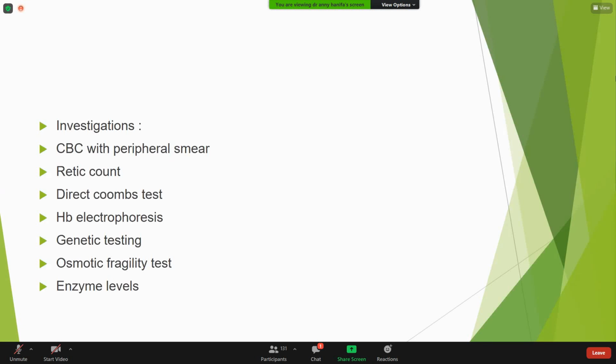Like, for example, if a patient is presenting to you with a history of transfusion, months, and presented first at the age of 6 to 7 months, he is severely anemic on examination. Now, on the history, first we do the history, and in history, it is revealed that there is a history of consanguineous marriage, and there is also a positive family history of transfusion in the family, and one of them is also affected. Then we should think of hemoglobinopathy, and then we order the investigations. First of